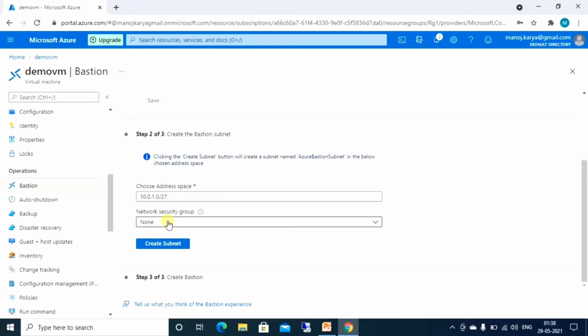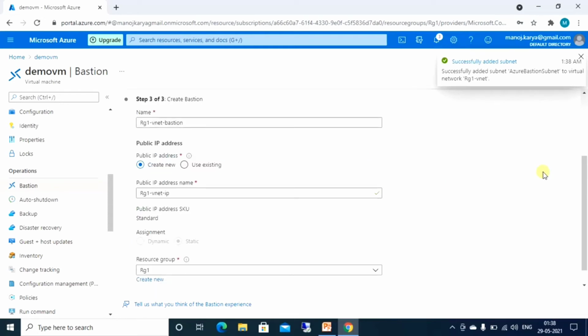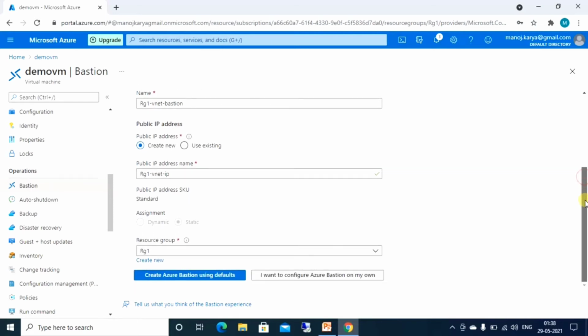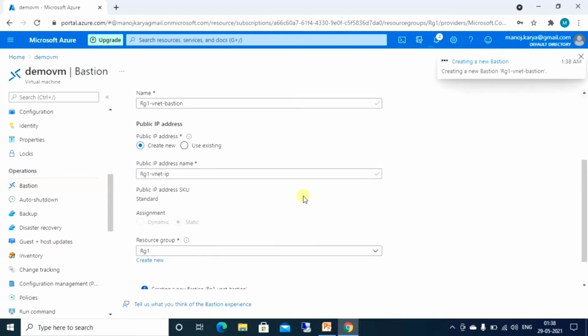So let us create the subnet. In the same virtual network, we are creating this subnet. Click on this.